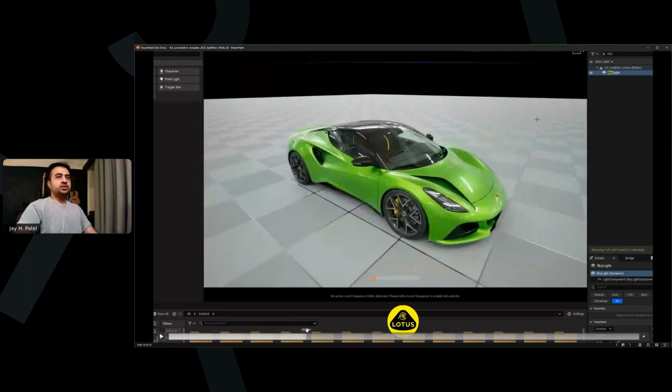Then switching to path tracing mode, just to kind of show our shader library. So this again is built by the team using Substrate. So we don't use the legacy shader system anymore.